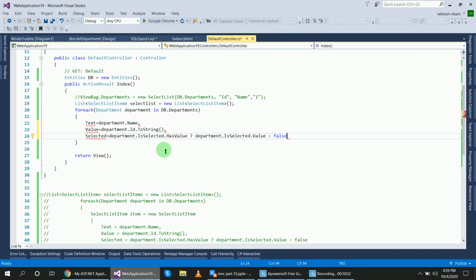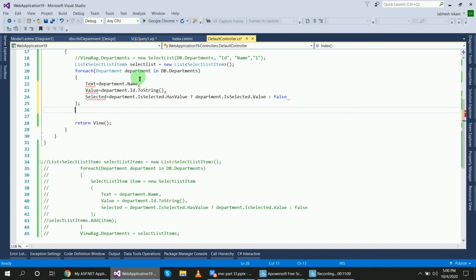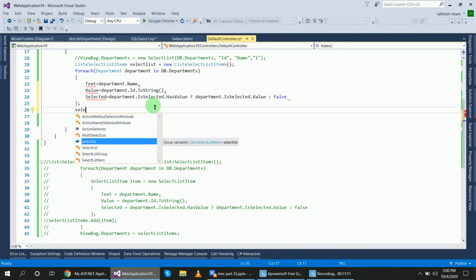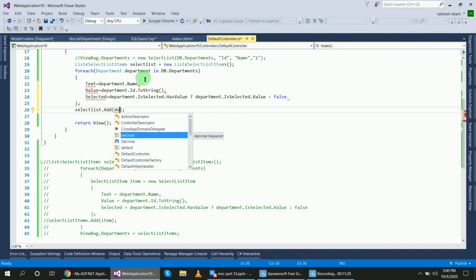Now we will add this department property inside of this select list. So selectList.Add department. Why is it not selected?